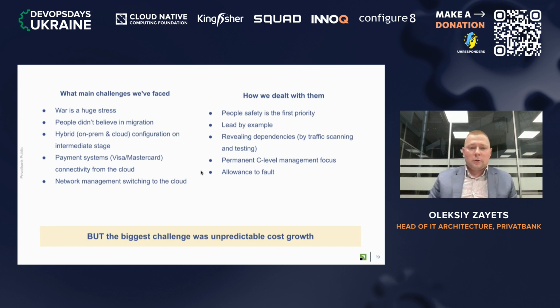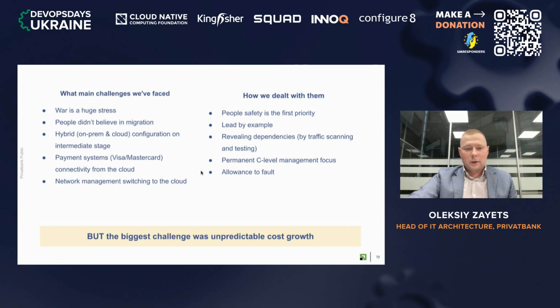And the main architectural challenge for me, for example, was being unable to work in hybrid mode during the migration period. We needed to support part of the systems on-prem and part of the systems in the cloud. Due to latency and network delays between our platforms, it's quite a hard task to cut our landscape in such a way as to protect from unavailability between these platforms during the migration project.